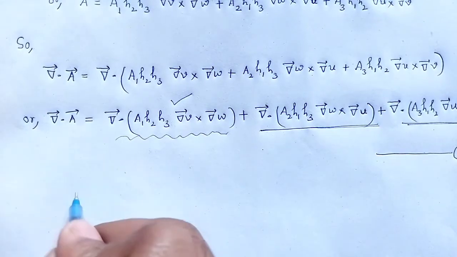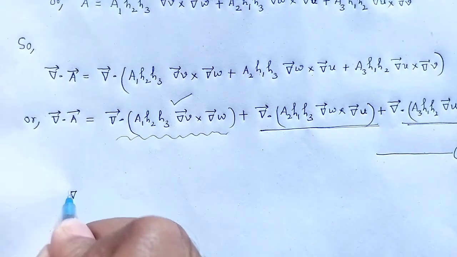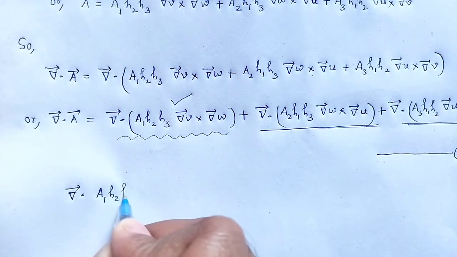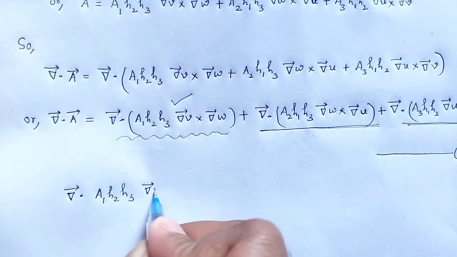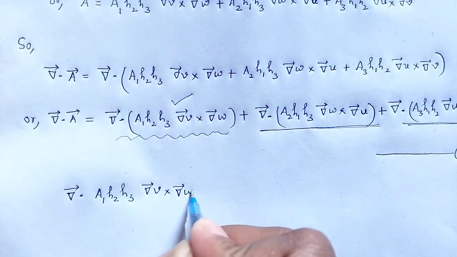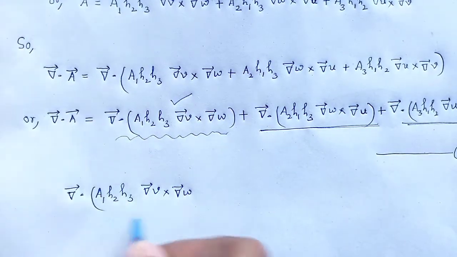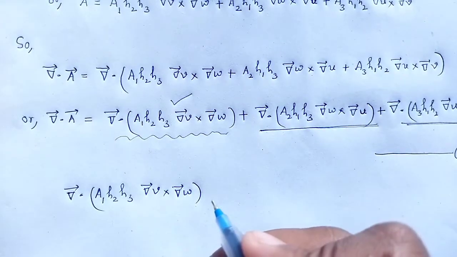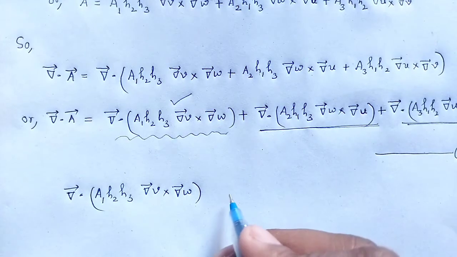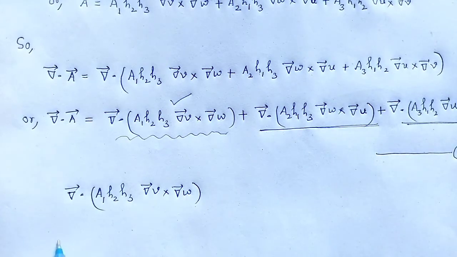So what is the result of that? Grad dot a1 h2 h3 grad v cross grad w is equal to, I can write